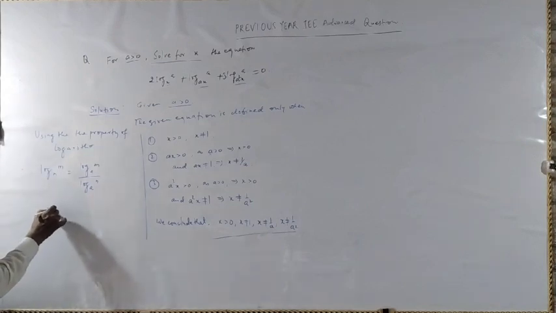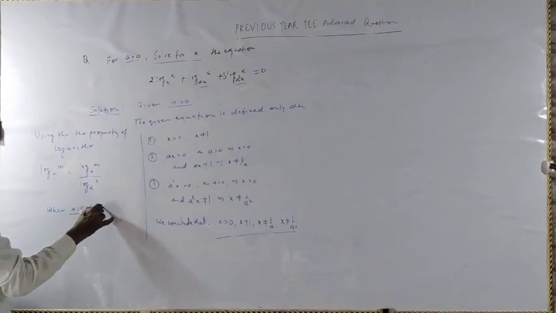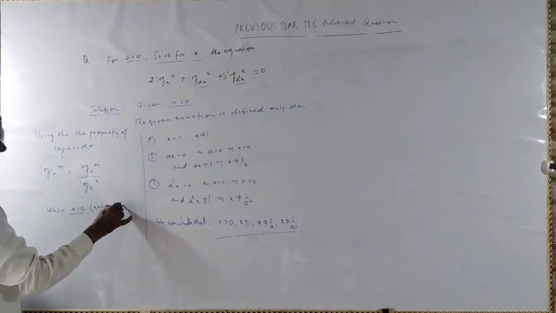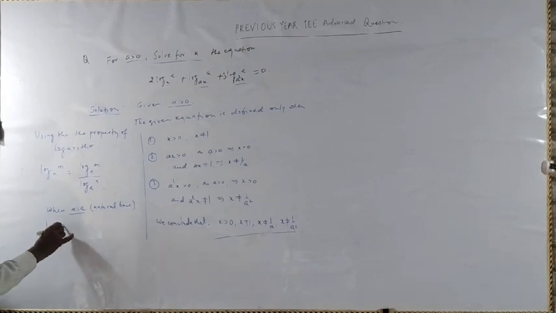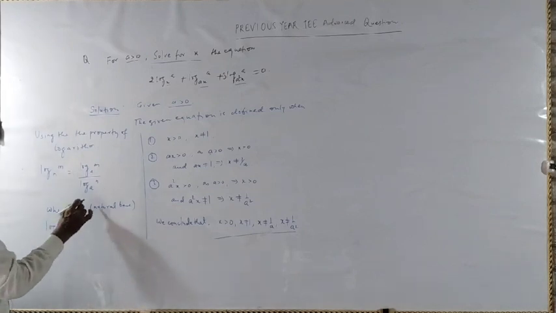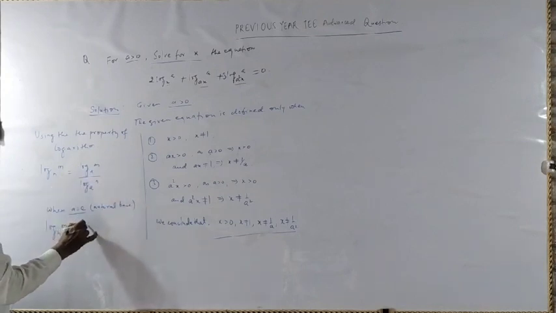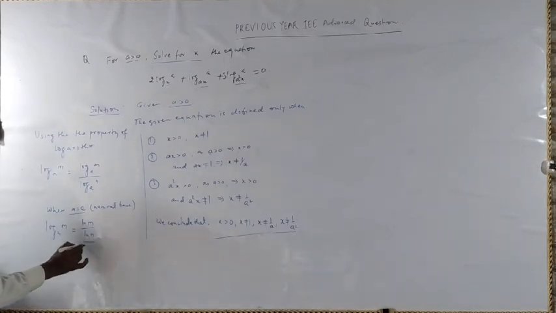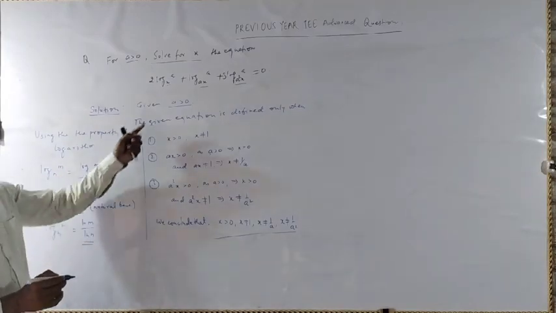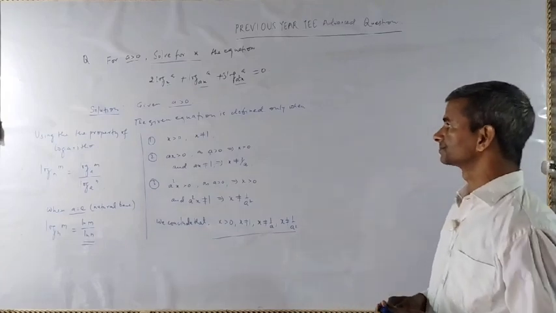When a is equal to e, natural base, whenever base is e, then we write ln m by ln n. So we are going to use this property for this equation. Now coming to right side of the board,